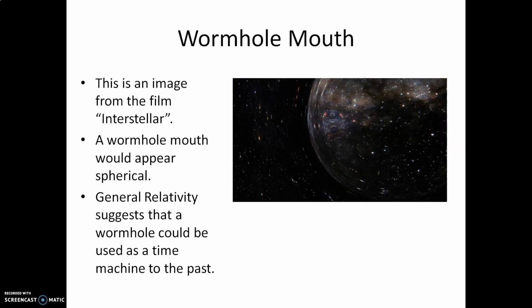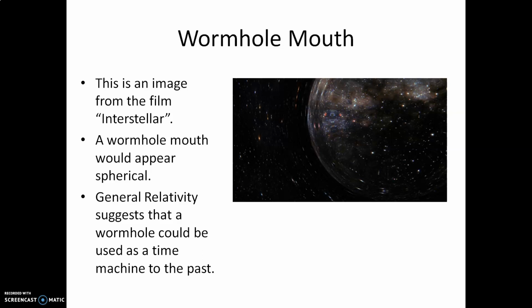Okay, now this right here is a still photograph from the film Interstellar. Interstellar makes some mistakes with respect to general relativity, but it also actually gets a lot of things right. One of the things that it does get right is that if you were in a spaceship approaching the wormhole mouth, you would actually see it as a sphere. And the reason why is because you're basically looking at a four-dimensional object in normal three-dimensional space. Once again, the allegorical story of Flatland allows us to visualize a fourth spatial dimension, even though we only see